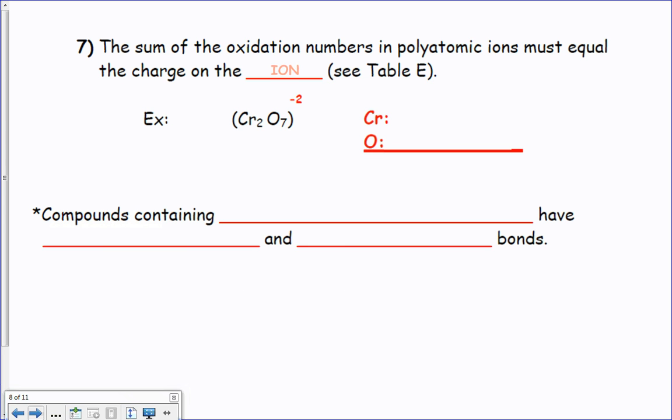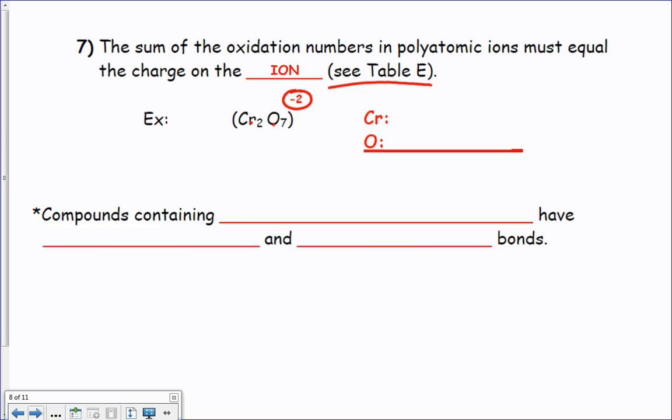So if I am an ion, where here I see this chromate, Cr2O7 is called dichromate. It has a -2 charge. I can look it up in table E, and that'll give me its name. But now basically the rule is I need to find the oxidation numbers of the two with their total being -2 now, not -1. Well, if I look up chromium, I have a +2, a +3, and a +6 to put in there as